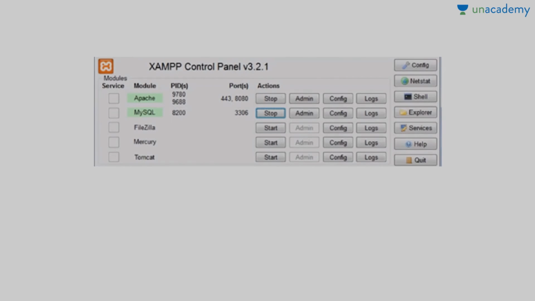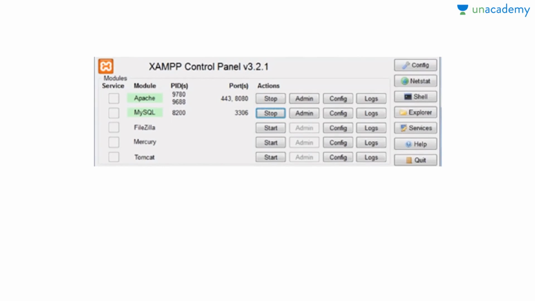Now, this is the basic control panel which we have been using for the past few days. What we have been doing till date is just starting the Apache server and not a MySQL server. MySQL, written here, is what we will be talking about now. This MySQL is one of the most widely used databases, and what you have to do here is start your MySQL server, so that we can start making our databases.